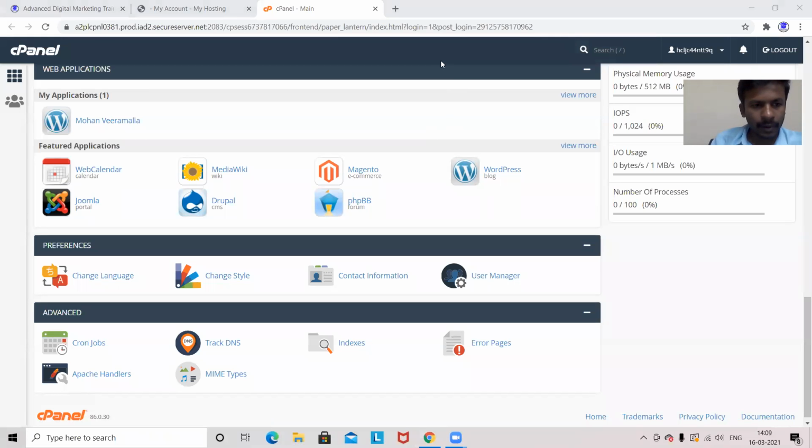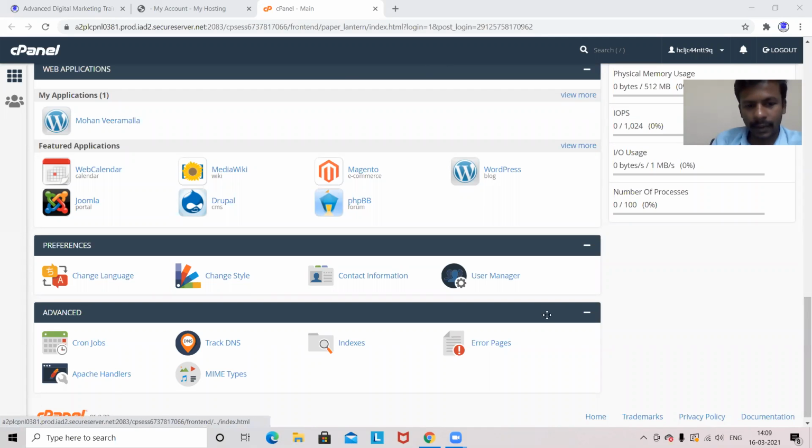Okay. So here I can see preferences like management of your languages and management of your hosting section. As of now we can see the particular language is English in the complete hosting part. If you want to change the language or any contact info, then you have to give the language details in the preference section here.